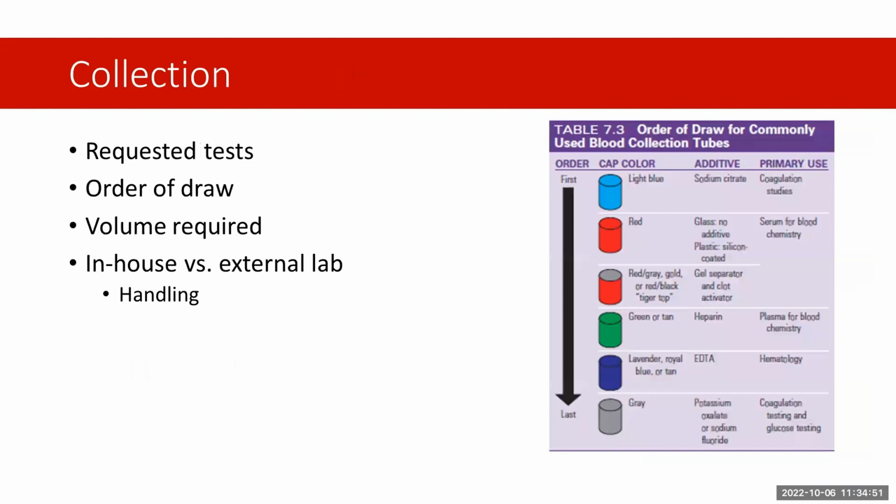Okay, this table, the very last one, the gray tube, potassium oxalate or sodium fluoride, those are for coagulation testing. The potassium oxalate is a gray top tube specifically for clotting factors. So if you have a patient that comes in and you think they're von Willebrand's, like a Doberman, a von Willebrand's dog is like a,